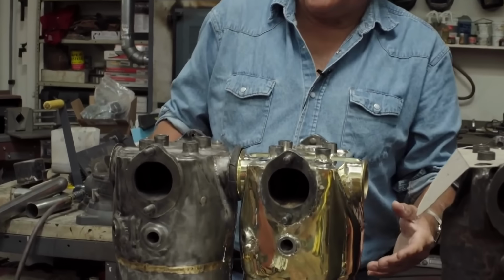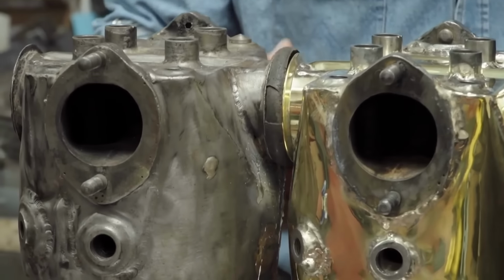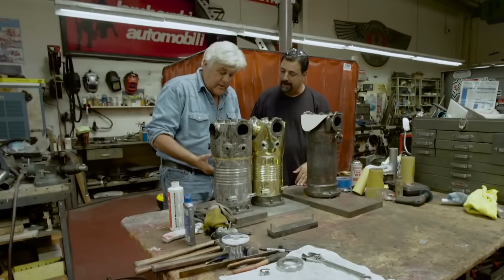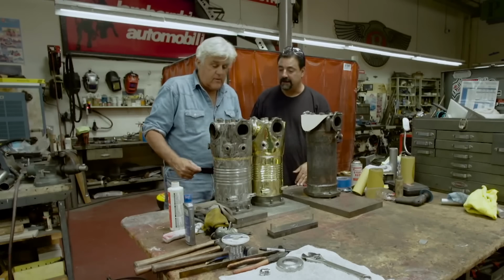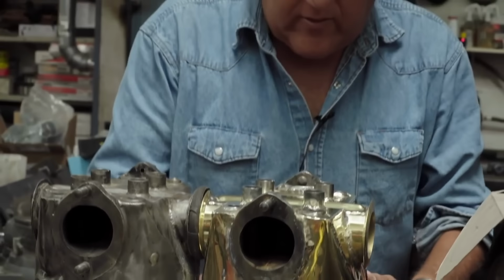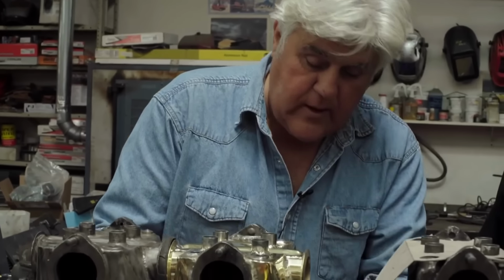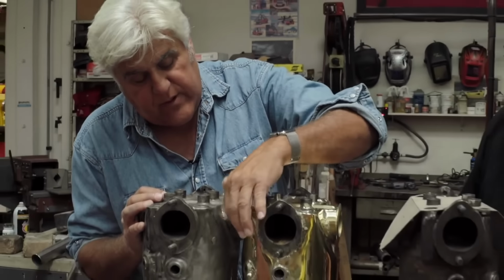I'm glad this is not a V12, or it'd be another 50 years to get this thing done. But yeah, because when these were built, they weren't expected to last that long, I imagine. No, not at all. Not out of steel. So cool. So anyway, hopefully this will last more than another 100 years. Oh yeah. And as you can see, Jimmy does beautiful work. And once this is all really cleaned up, it's